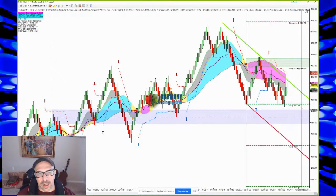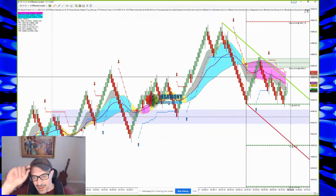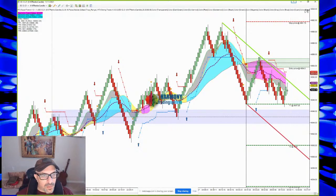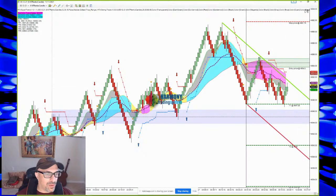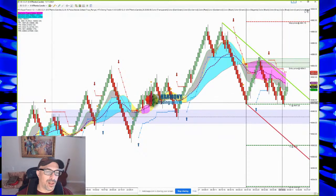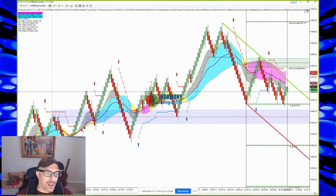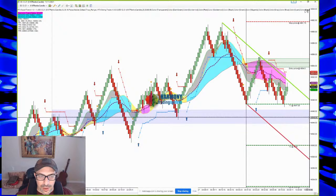We are in that channel. In order for the longs to reassert themselves, we need to be breaking above that 53 into the 56 area and have the cloud shift. Right now, all you're getting is rotation within this channel. So if the market closes down here at 48, then that's a continuation trade that can